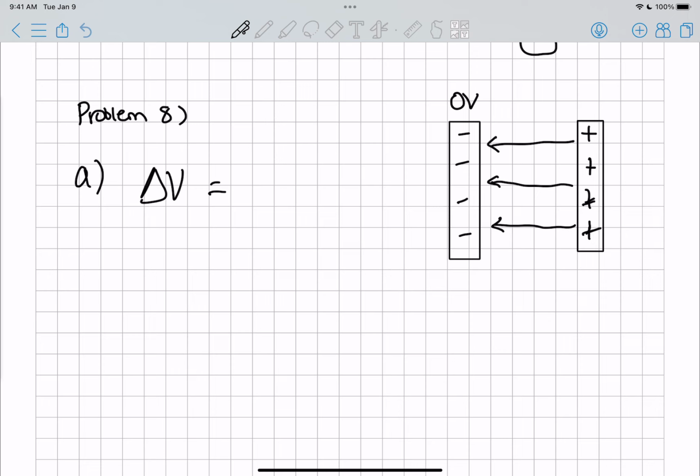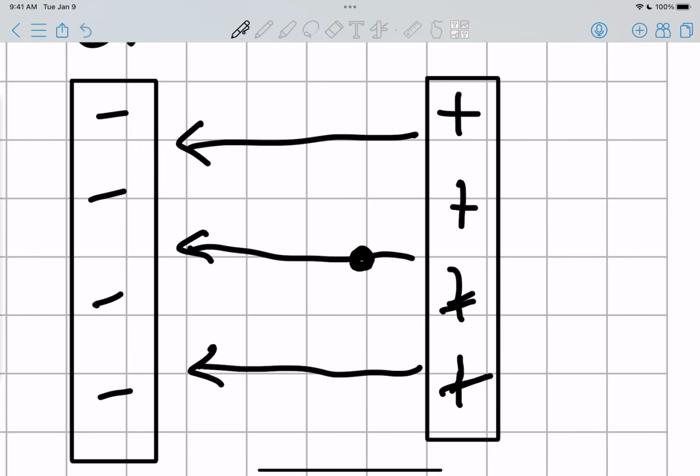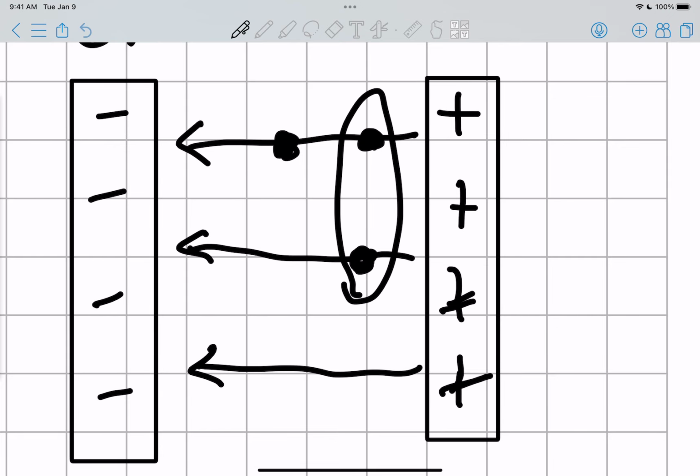And then that is equal to negative times the absolute value of the electric field between them times the distance, the parallel distance, just the parallel distance, between those 2 points. And by parallel distance, I mean, here's the thing. If I have a point here and a point there versus a point here, then these 2 points are separated by a vertical distance, a perpendicular distance, but it's not a parallel distance. They are the same parallel distance away from the positive